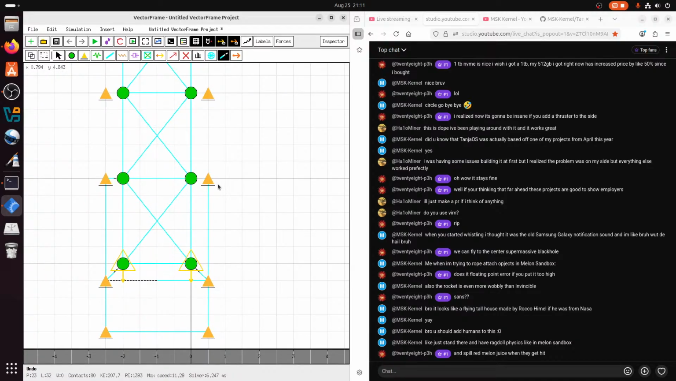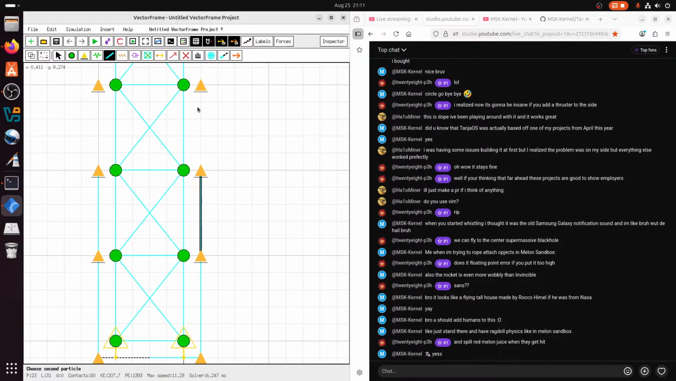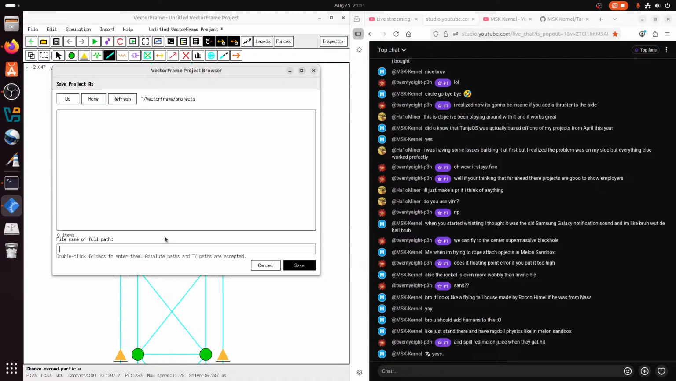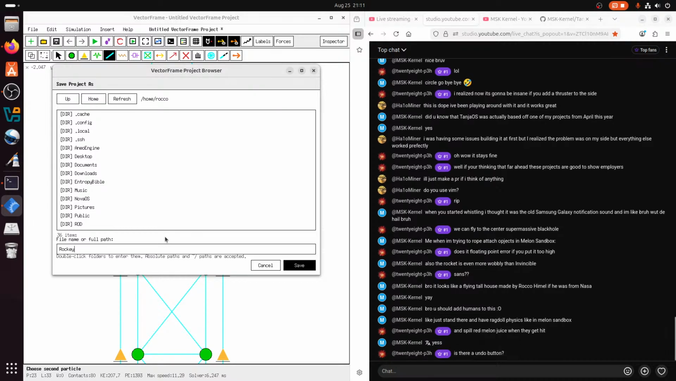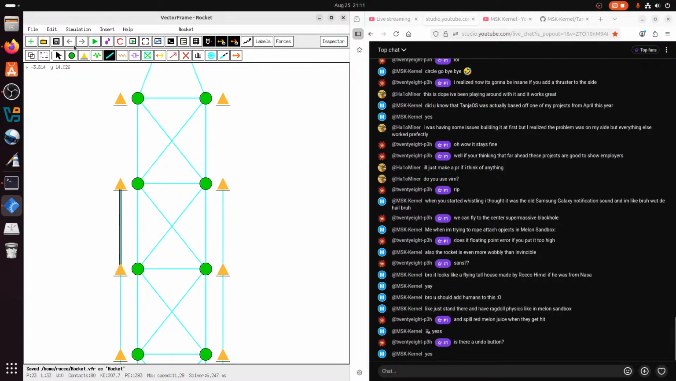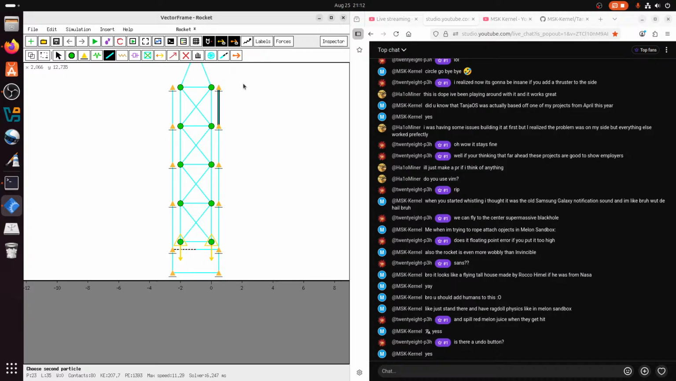No, this is like... I need to save this as... like... save this as what? Yeah, there's an undo button right here. There's an undo button right here, and you can also do Control Z. So Control Z lets you undo. So